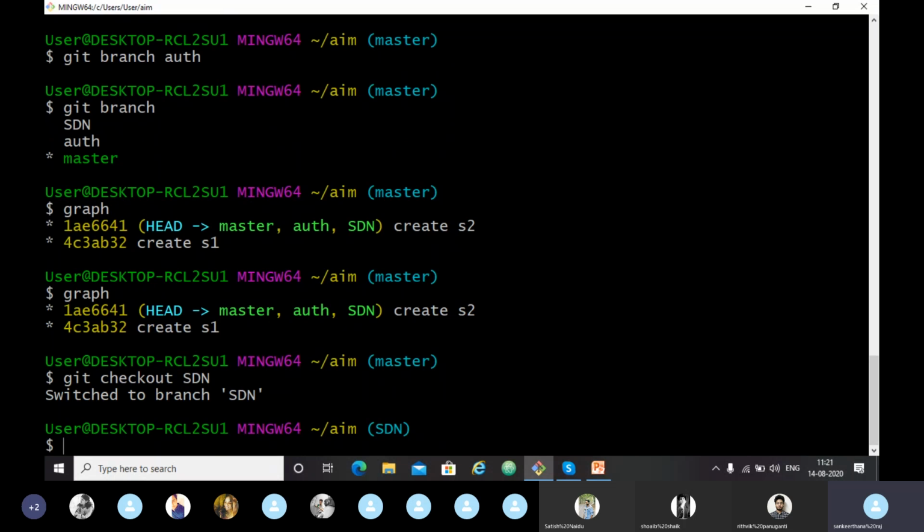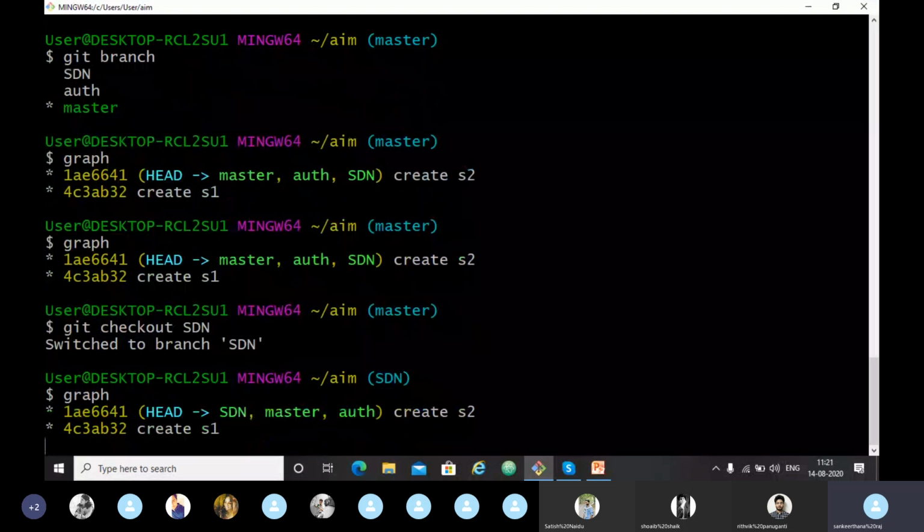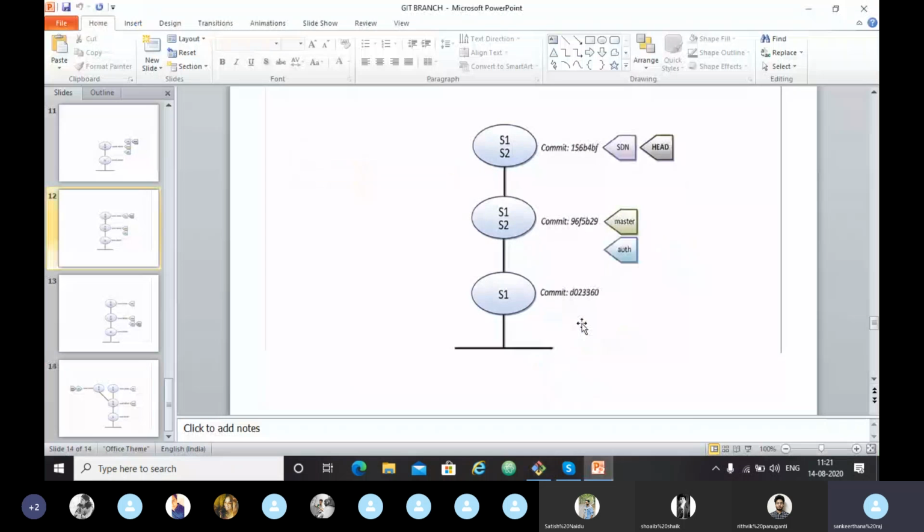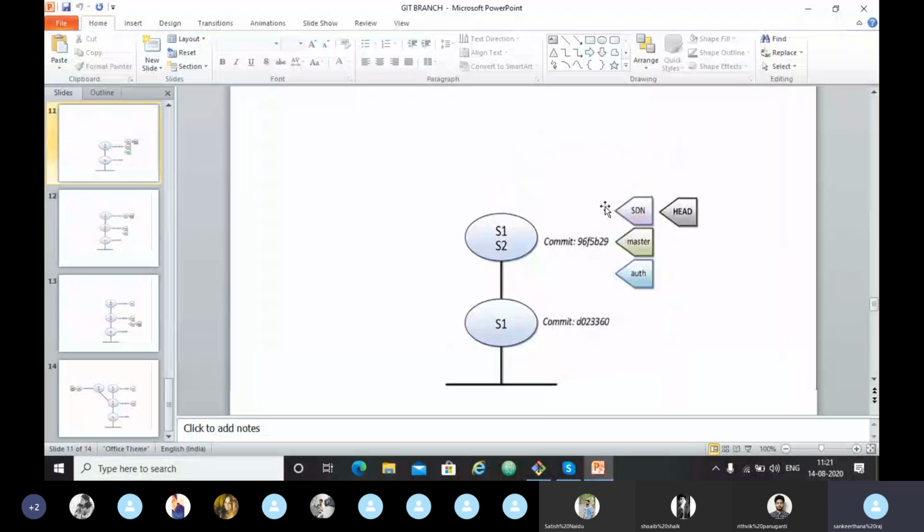Let's see the graph now. You can see head is pointing towards the SDN branch, like it did here. I have checked out just now, so it is pointing towards, sorry, the SDN branch. You can see this here. Head is pointing towards the SDN branch.